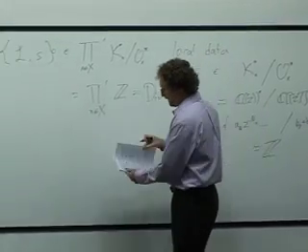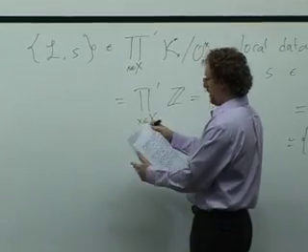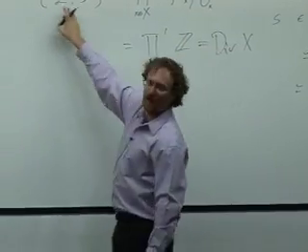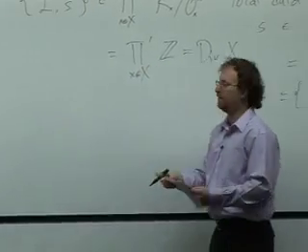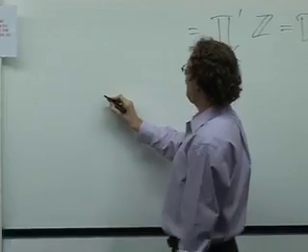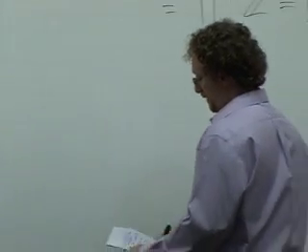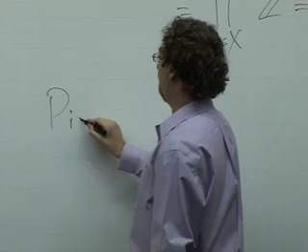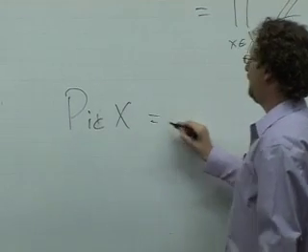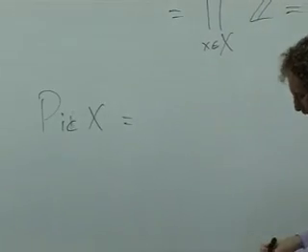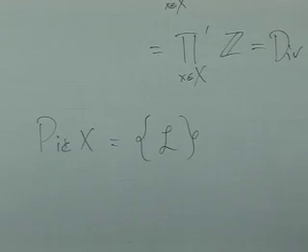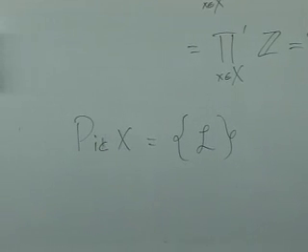And so this gives us this description of the Picard group. If you have line bundles plus meromorphic sections, you get such a thing. But now I can think of the Picard group itself. So Pic X itself is the collection of just L's. I'm going to forget about the meromorphic section. So how do I forget about the meromorphic section?